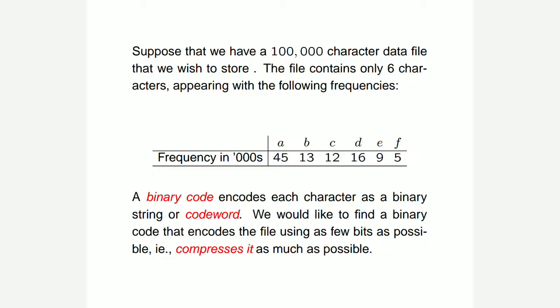Okay, what is a binary code? A binary code encodes each character as a binary string or a code word. So whatever character we have will be encoded into a binary string, and this is also called a code word. What is a code word? It is like a transformation. The original data will be masked. It is given a kind of clue or hint so that we do not reveal the original data, because it can be hacked. When the data is being transmitted over the network from one place to another, there is a chance of hacking the data, which will be very valuable.